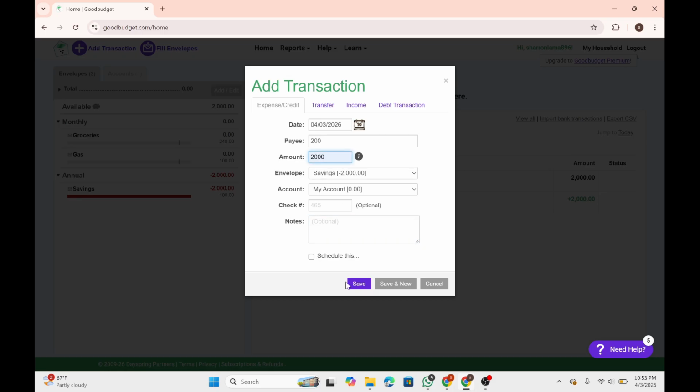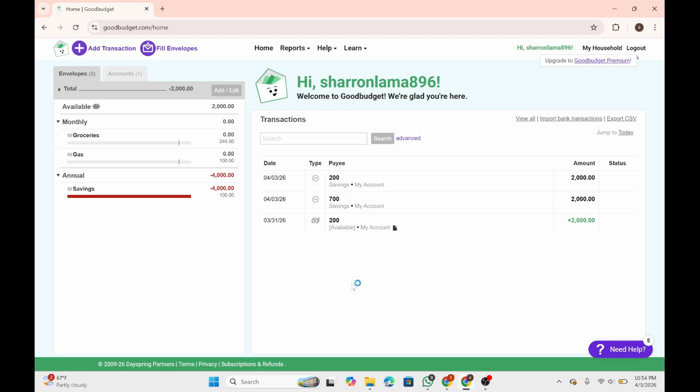And choosing the right envelope is the most important step because it updates your budget automatically. Save the transaction at the bottom and the amount will be deducted from that envelope. You will instantly see how much money is left in that category, and make it a daily habit to get